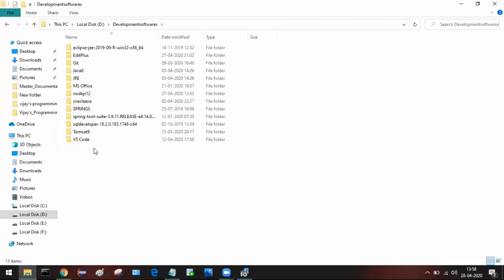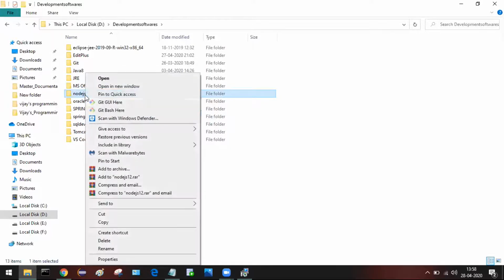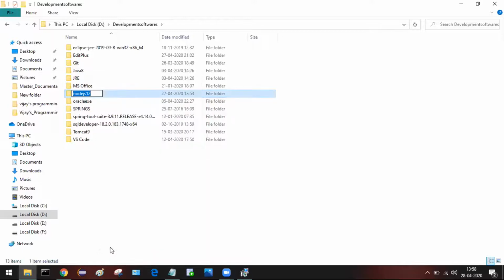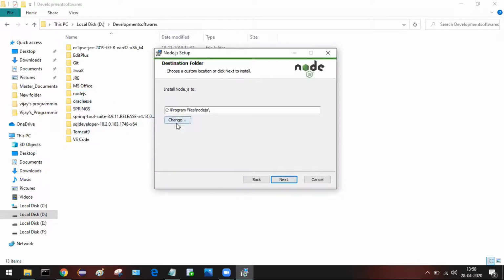Here I already have one folder called Node.js 12. I'm going to just rename it as simply Node.js. In this folder, I'm going to install Node. Here is the Change button.